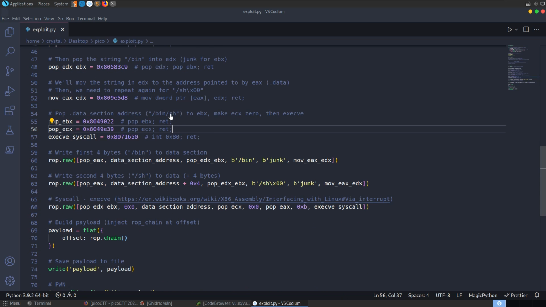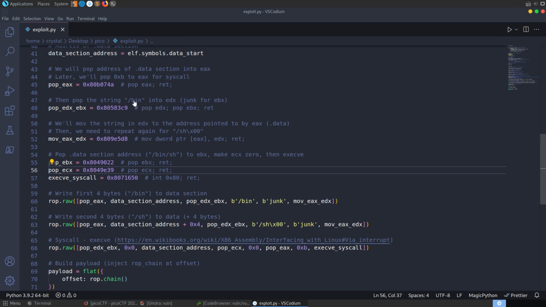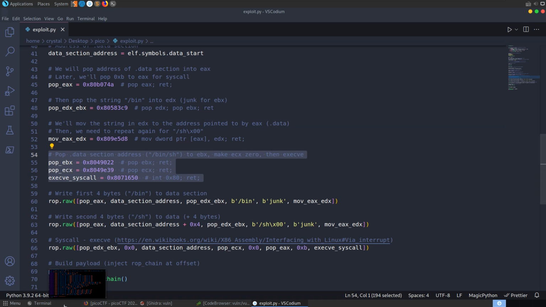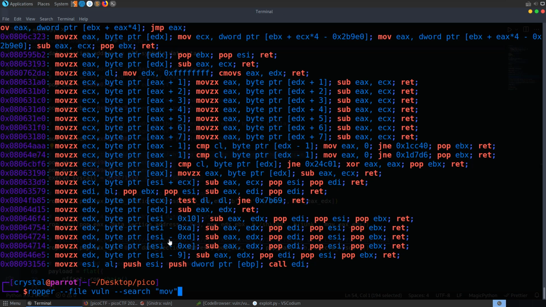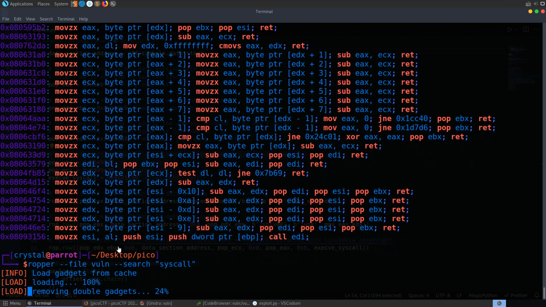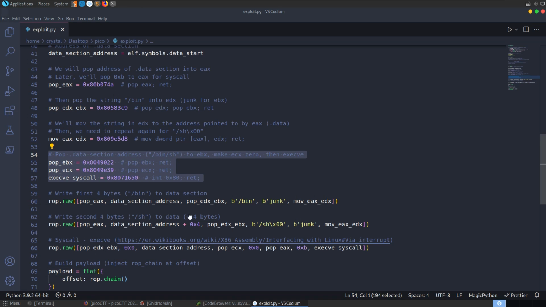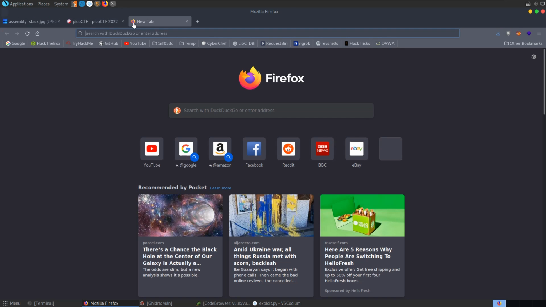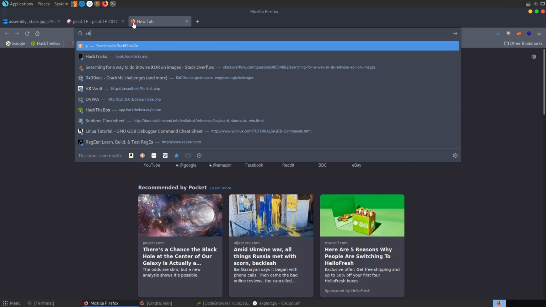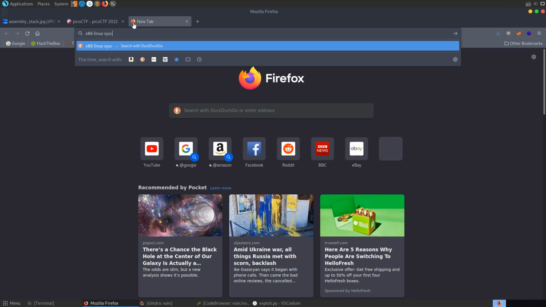So ultimately we want to set this up so that we have the string bin.sh somewhere in the .data section or in the .bss section or something like that of the program. And then we're going to be able to make this syscall. So again, we could check for syscall. And if we have a syscall address like we do here, all we need to do is go and populate the correct registers. So let's say x86 Linux syscalls,